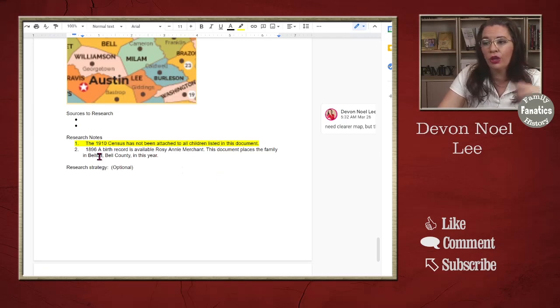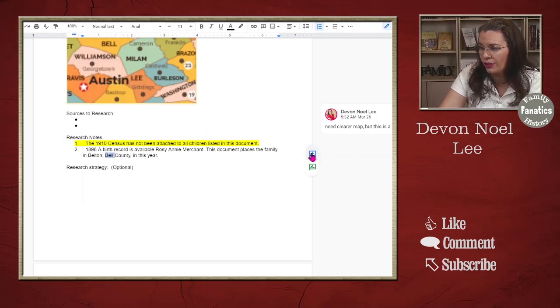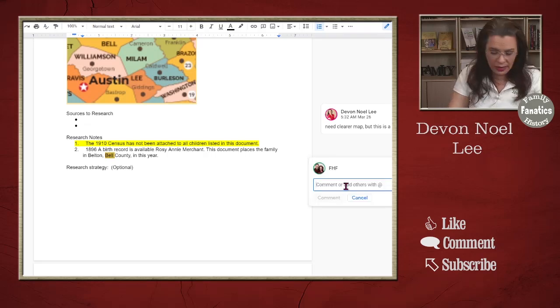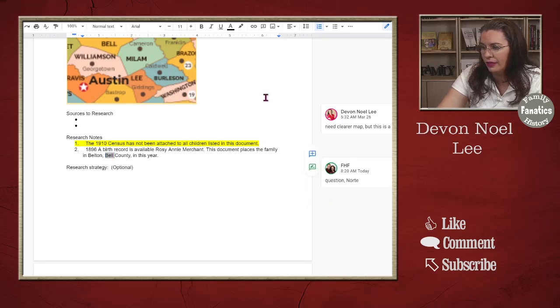And then if I go and transcribe, let's say, the 1910 census, then I will use a blue highlight. So I can highlight anything in here and I can insert a comment. I can do it that way, or there's also now on Google Docs the add comment feature right here. And so I can type in my comment, my question or note, and click it here. So there we have a comment.